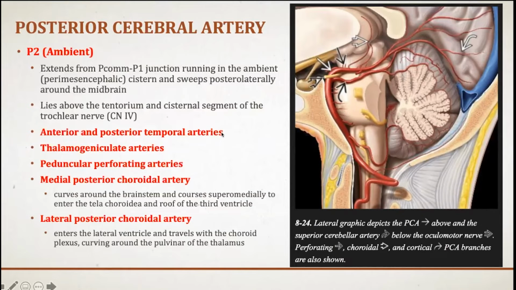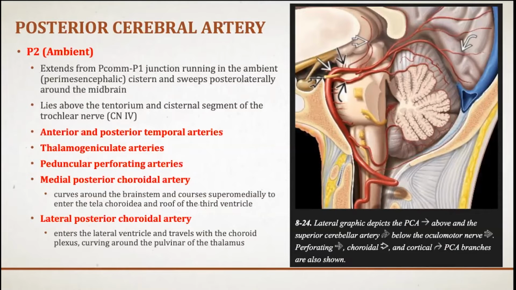This extends from the PCOM P1 junction. It runs in the ambient or perimesencephalic cistern, and it goes posterolaterally around the midbrain. So that's the part of the posterior cerebral artery that wraps around the midbrain here. And this lies right above the tentorium and the cisternal segment of the fourth nerve. And the P2 segment has many important branches: the anterior and posterior temporal arteries, the thalamogeniculate arteries, the peduncular perforating